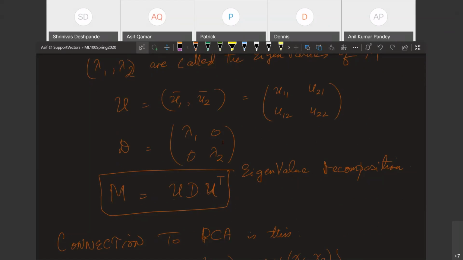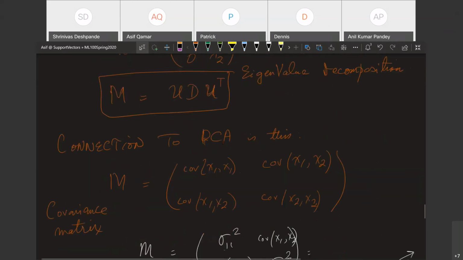We will learn about singular value, which is a generalization of eigenvalue to rectangular matrices. One very rough intuition is that if you take a rectangular matrix and multiply it with its transpose, you'll end up with a square matrix. Once you have a square matrix, you can do eigenvalue decomposition. So the eigenvalue of the square of the rectangular matrix is the same as doing singular value on the original matrix. That's a very rough intuition.